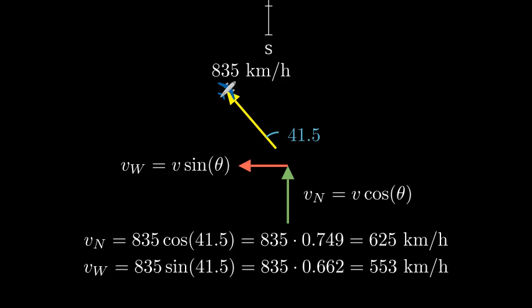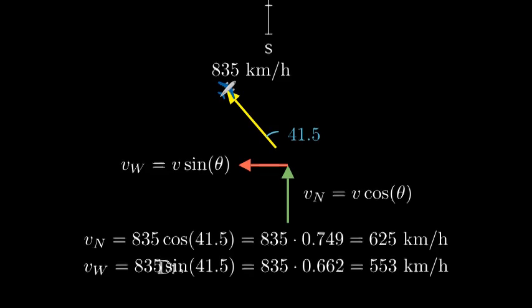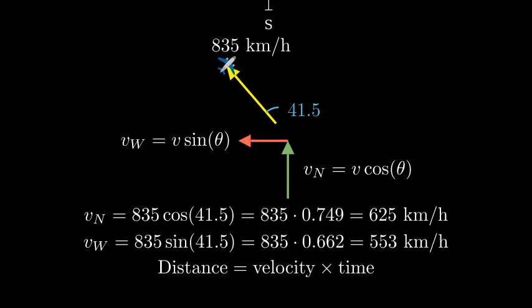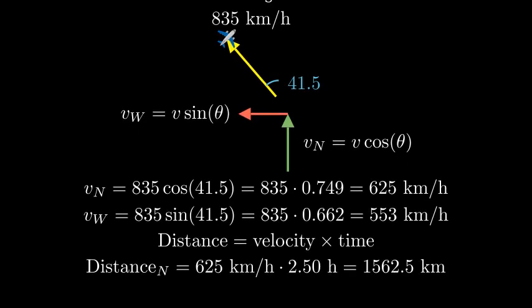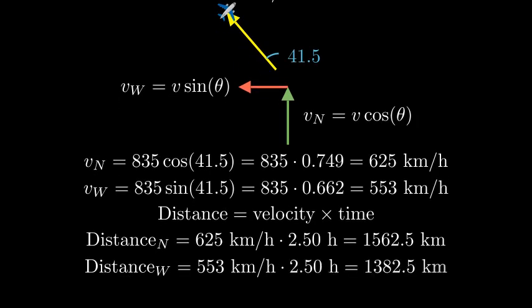Now for part B, we need to find how far the plane has traveled after 2.5 hours. We can use the formula distance equals velocity times time. For the northward distance, we multiply 625 kilometers per hour by 2.5 hours, giving us 1,562.5 kilometers north. For the westward distance, we multiply 553 kilometers per hour by 2.5 hours, giving us